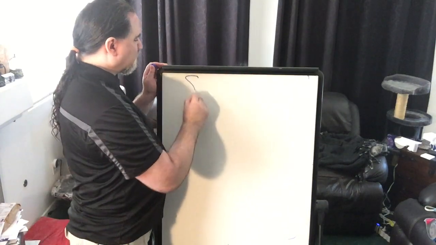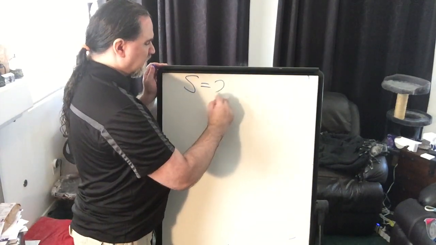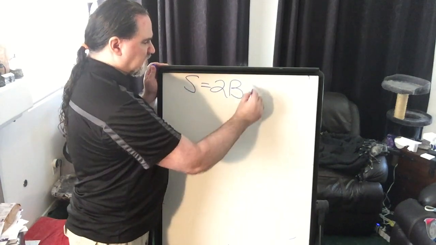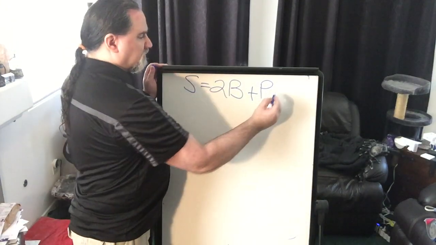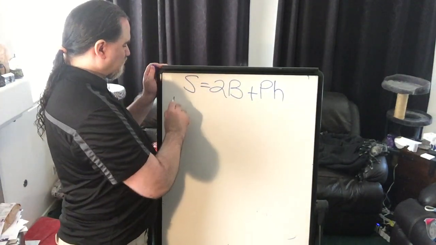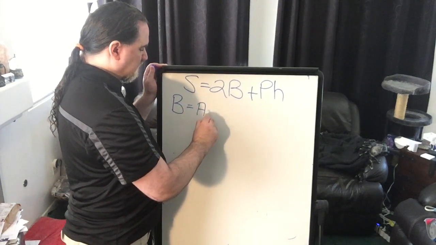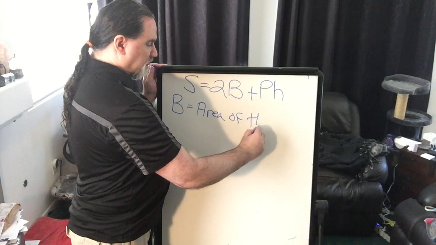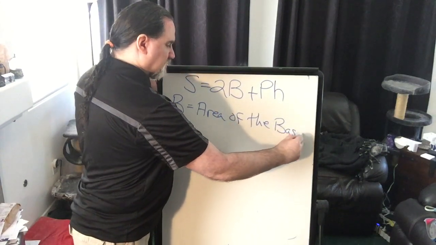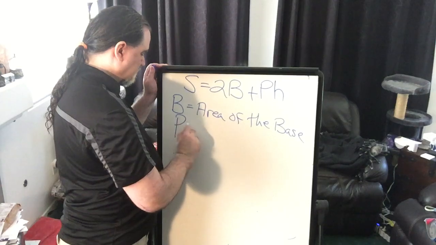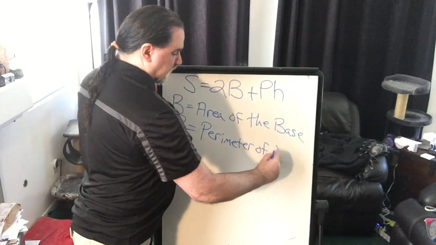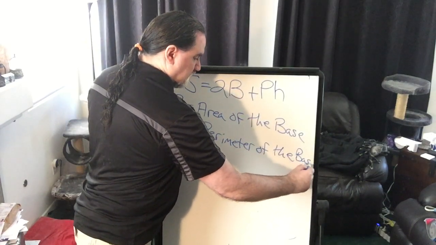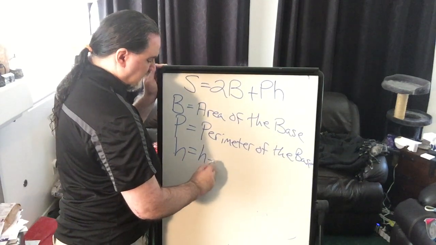But surface area, so one more time. I know I erased it. They wouldn't put the A, they would just put S. Surface area is 2 times the area of the base plus the perimeter of the base. Also notice that it's capitalized as well. It's because it's and then height. Okay, so B is the area of the base. Okay, P is perimeter of the base, and H is the height